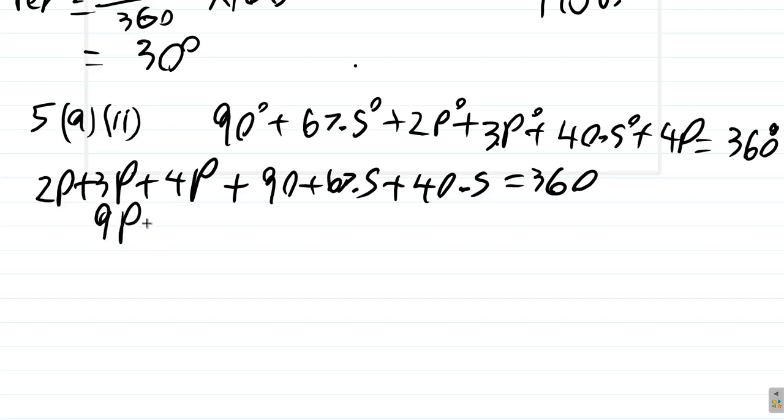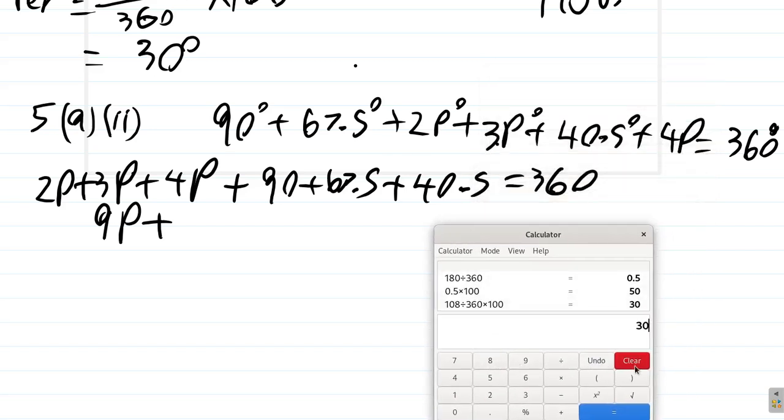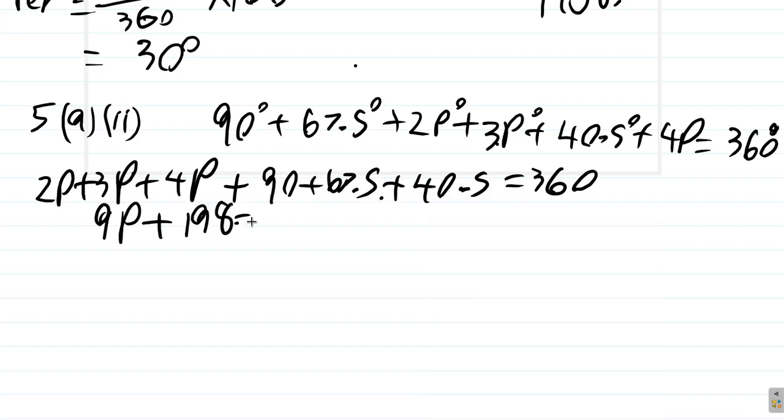So 9p plus. Alright, so let's just use the calculator and deal with these quickly. You have 90 plus 67.5 plus 40.5 equals 198. So that's plus 198 equals 360. You see how that goes? After that, you're going to